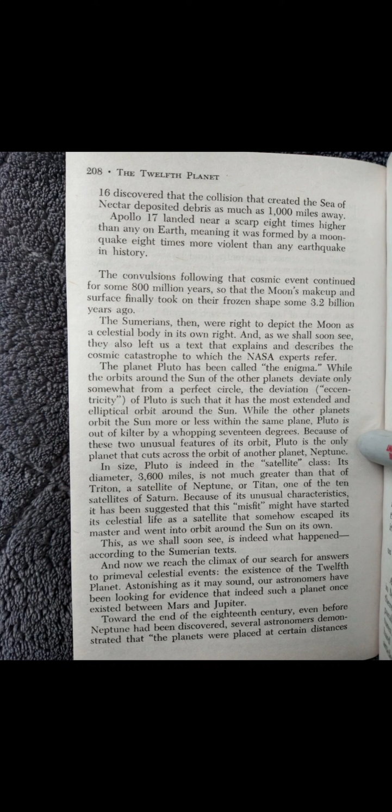The Sumerians then were right to depict the moon as a celestial body in its own right, and as we shall soon see, they also left us a text that explains and describes the cosmic catastrophe to which the NASA experts refer. The planet Pluto has been called the Enigma, while the orbits around the sun of the other planets